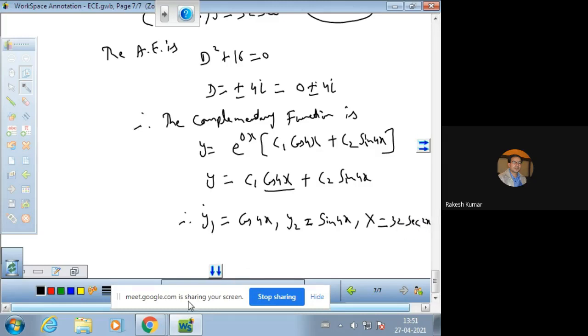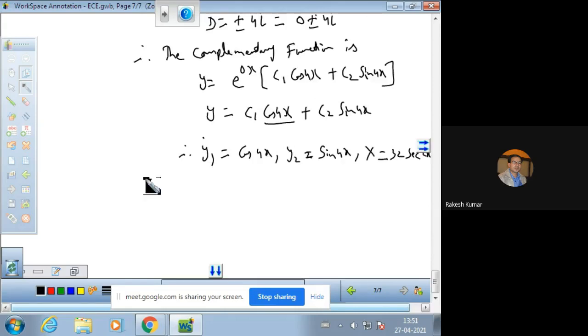This is a very important part of the question. Now we want to find out the value of the Wronskian. We require the Wronskian. The Wronskian is denoted by capital W. So this is the determinant